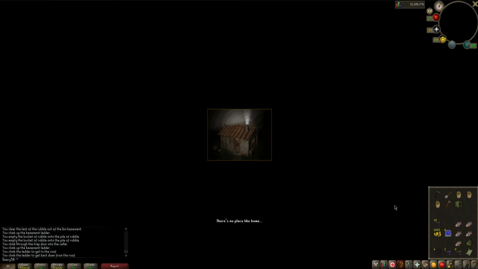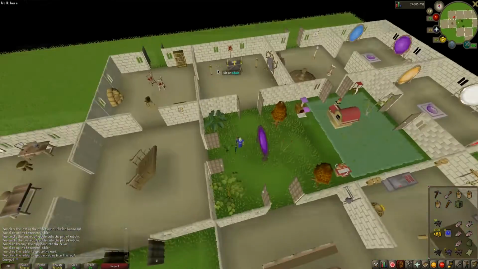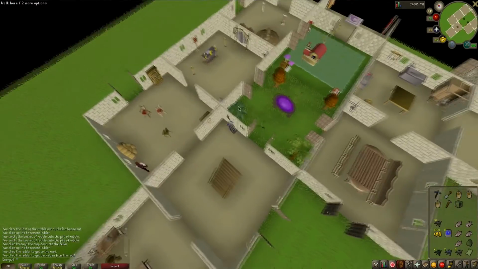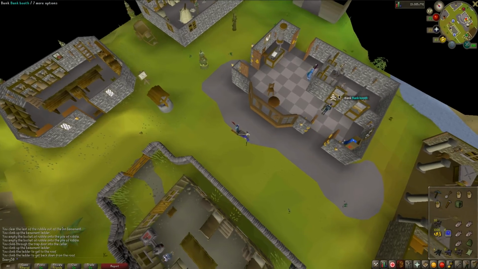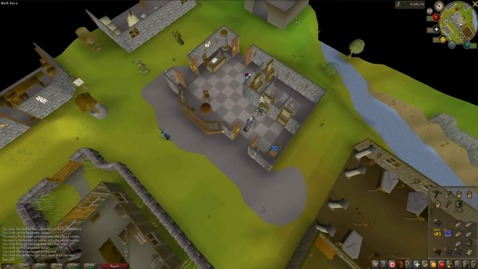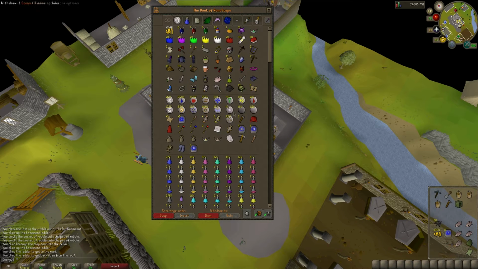Or actually, I'm going to go to Edgeville Bank. It doesn't really matter what bank you go to, because I'm going to be using the fairy ring back in anyway, so let's use the Edgeville Bank. And we need to get our, first of all, I'm going to bank these nails that we don't need. Black nails, I didn't even know those existed. So we need